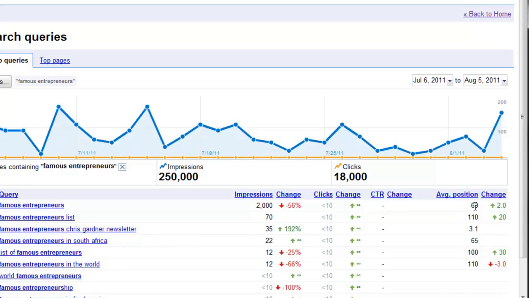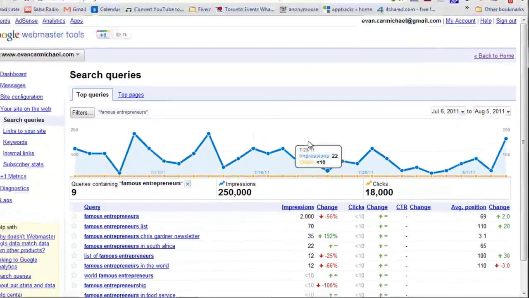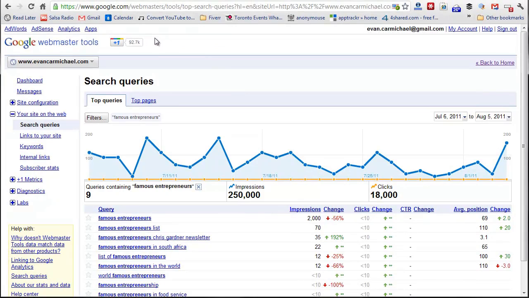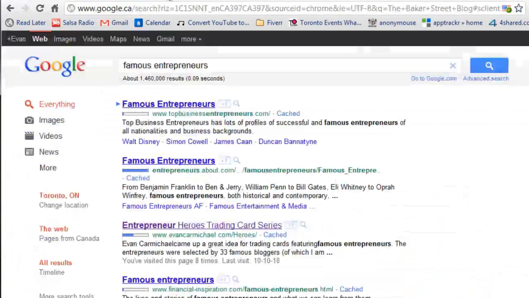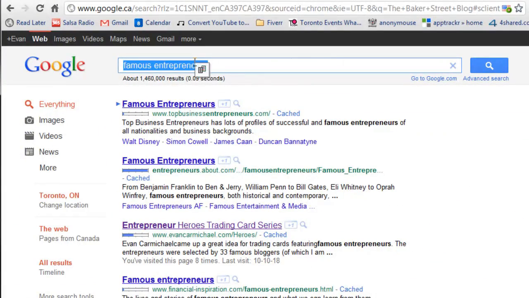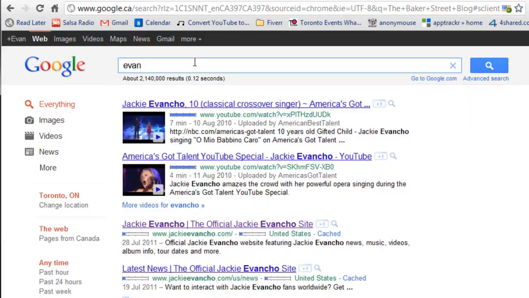It's directly from Google's data, and it's free as long as you have your Google Webmaster Tools account set up. The other thing I would recommend is that you try to get more social as much as you can. A lot of the ranking factors now are going to be skewed towards the relationships that you have in social networks. So if I do a quick example, if I go back here and I type in my name, Evan